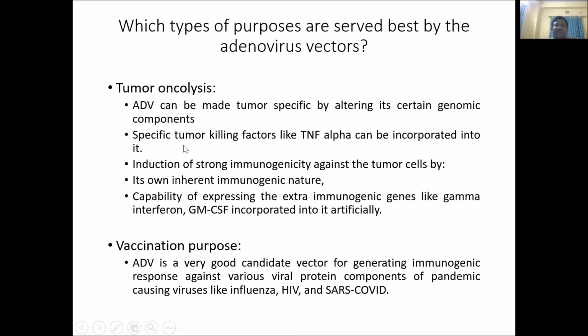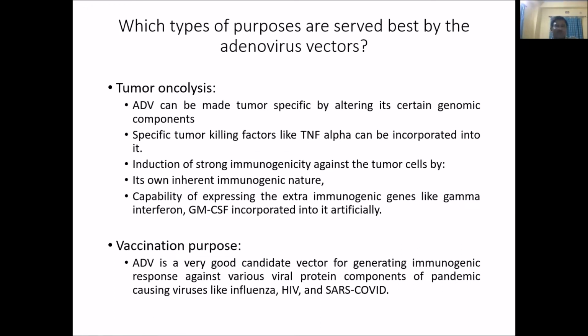Genetic modifications can be carried up to the level of specific tumor killing factors like TNF alpha. It can be incorporated into it. So it will give a strong immunogenicity against the tumor cells. So two immunogenicities will be added together: one immunogenicity of the adenovirus itself and another of the tumor necrosis factor alpha that has been introduced